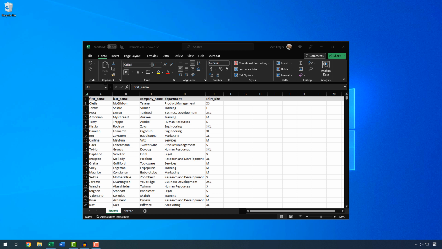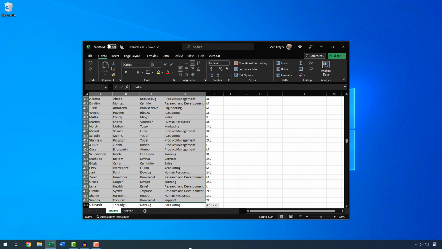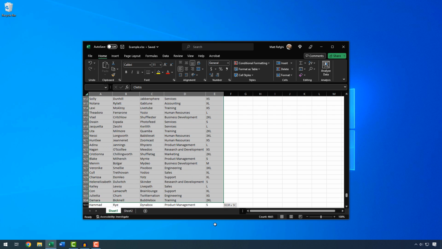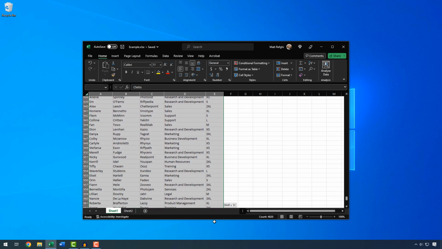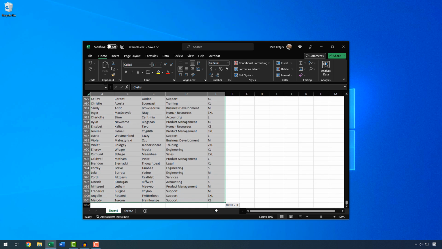Let's say you're in Excel and you want to select all the rows that are in your sheet. You could just use your mouse, select the first option, click and hold the left mouse button, drag, and then pull all the way down. But you might have a bunch of rows that you're dealing with and you don't want to do this manually. Well, thankfully there's an easy way around this, and I just wanted to show you guys.